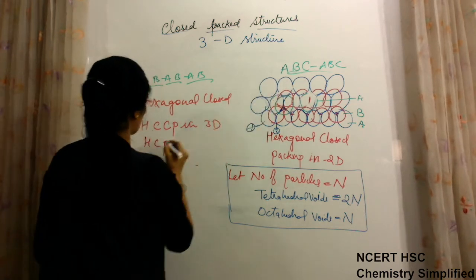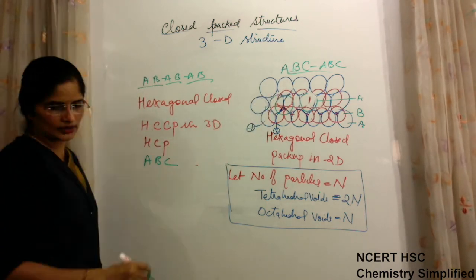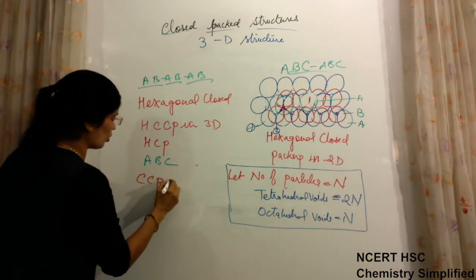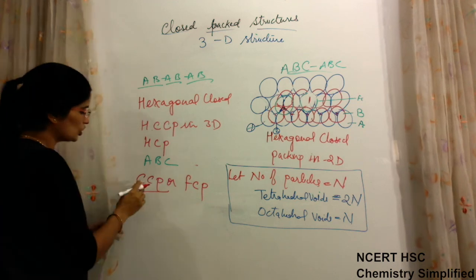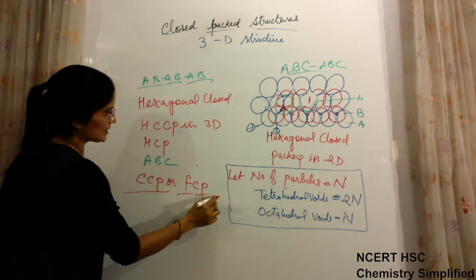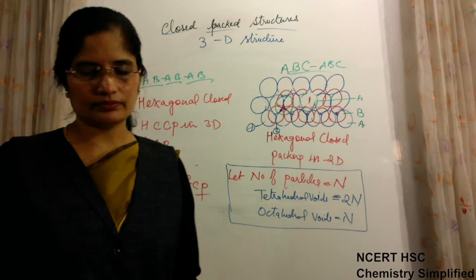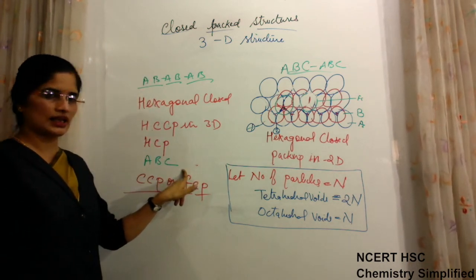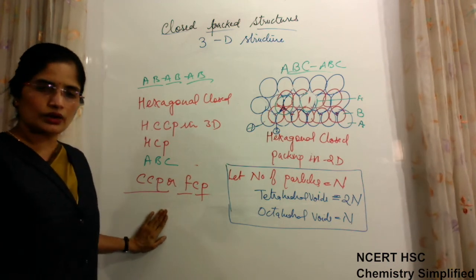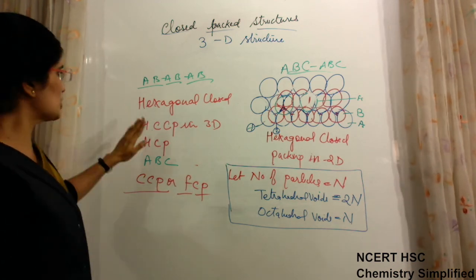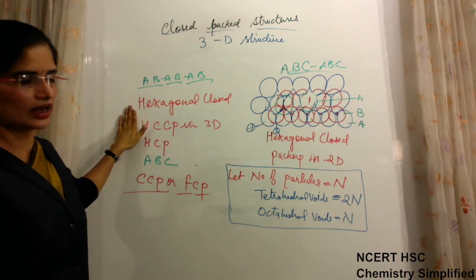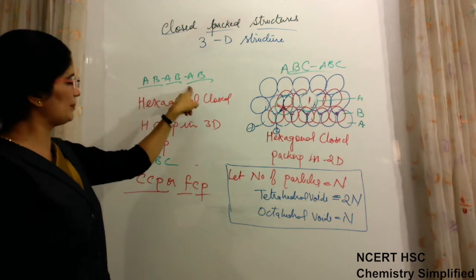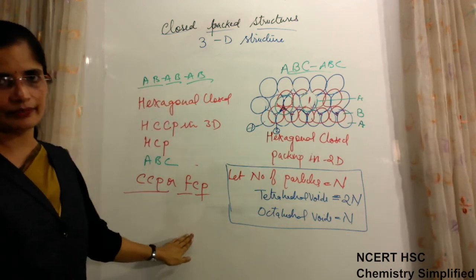If it is ABC type of arrangement, then there is a difference in the name: that is known as CCP or FCC, cubic closed packing or face centered cubic. This will be known as CCP or FCC. If the arrangement is ABC, this is cubic closed packing in 3 dimensions. But this is hexagonal closed packing by the AB pattern, and this is cubic closed packing by the ABC pattern. Both of them